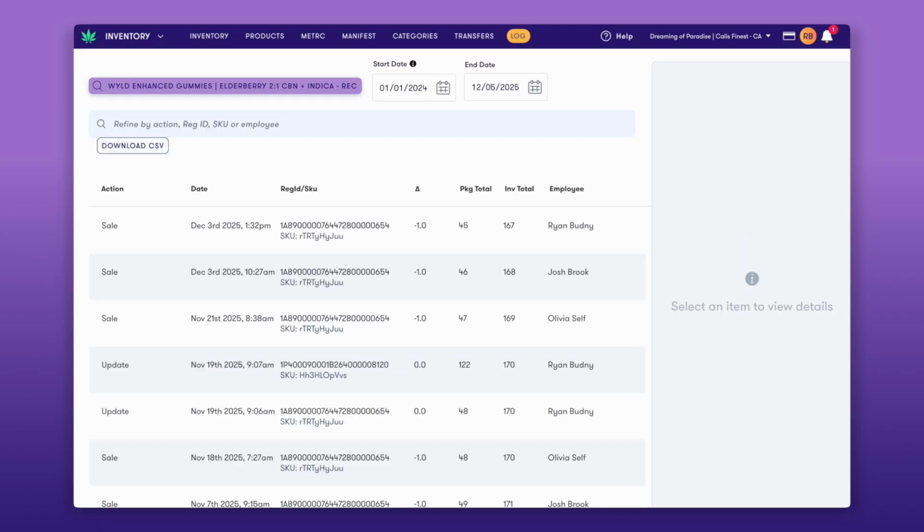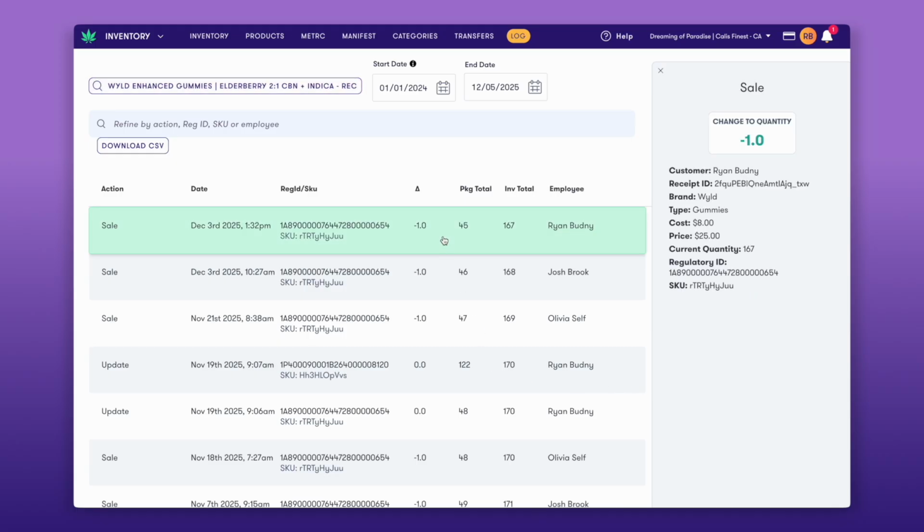This feature is best thought of as a checking account for your inventory totals. You'll see the delta, a running total for the package, and across packages, as well as the operation and employee who performed the operation. Clicking a row will show you additional details about the operation. The timestamps on each row can be used to look up camera footage of the operation if additional investigation is